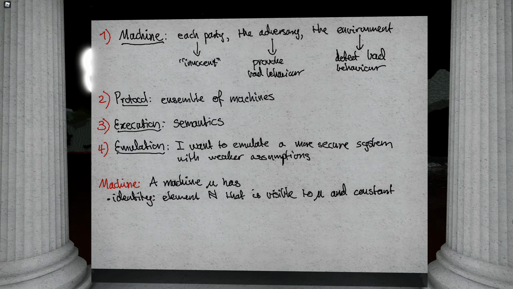One reason we're going to need this is so that we can define a communication model. If a machine is to send a message to another machine, it needs to know which machine to send it to. If that identity is not constant, we are going to run into problems. So another thing that it needs is types of communication tapes. One way that you might think to define an interactive Turing machine is it has an extra tape, a communication tape. Messages are written to this tape, and an instruction that the Turing machine can execute is to read a message from the communication tape. One tape is not going to be enough.